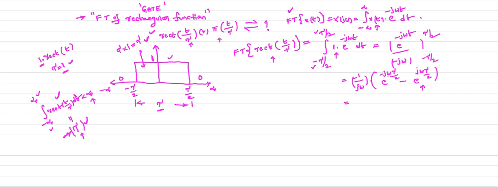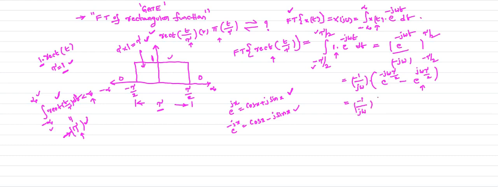Now we already know e power minus jx is what? Cos x minus j sin x. What is e power jx? Cos x plus j sin x. So whenever e power minus jx is there, the formula is cos x minus j times sin x. You just expand this e power minus jx using this expression. Now you also expand e power j omega tau by 2, which is of this form. So what is remaining here?